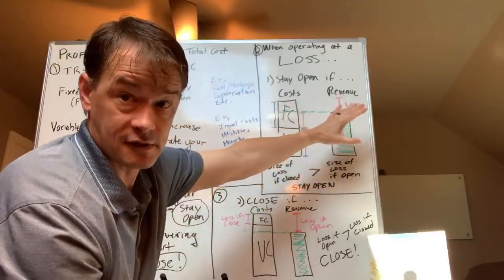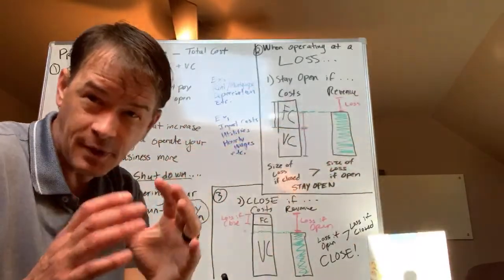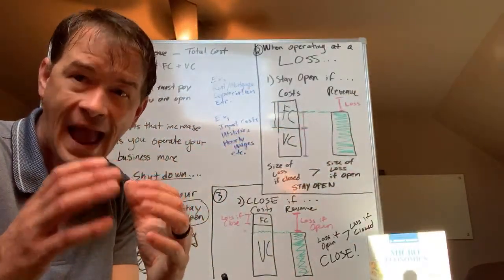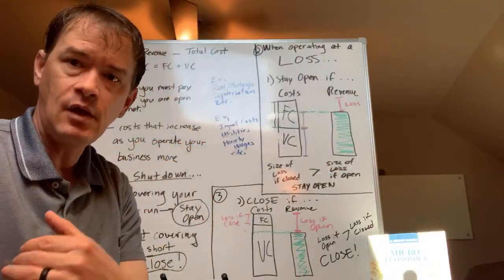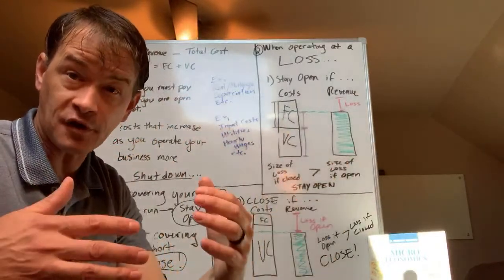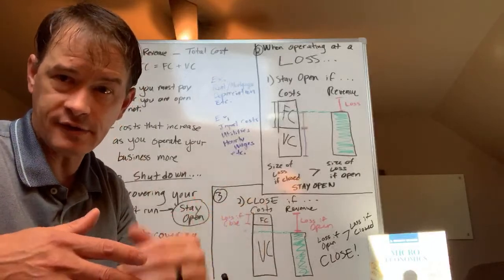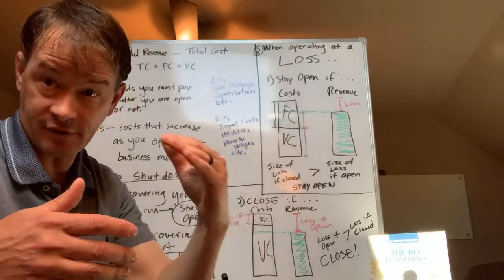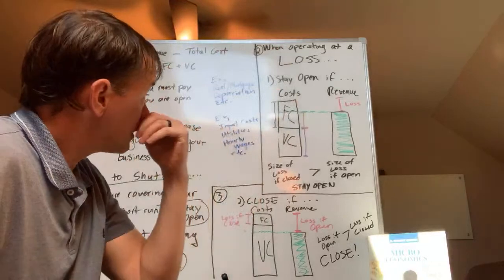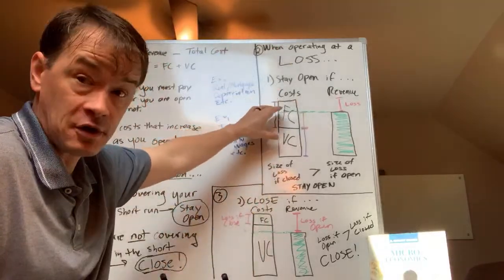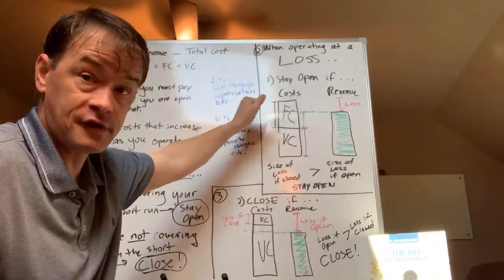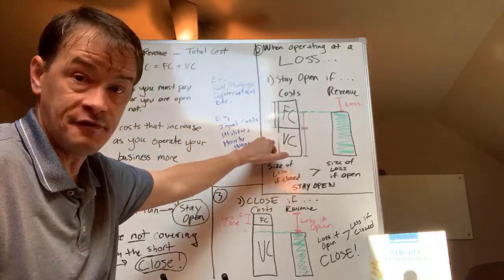And that's, hey, the biggest thing about leadership in business is not necessarily how you lead and how you react when times are good. It's when times are not so good that really separates the successful and the unsuccessful, the successful and the uber successful. Okay, so your costs again are made up of two things: fixed costs, FC, and variable costs, VC.